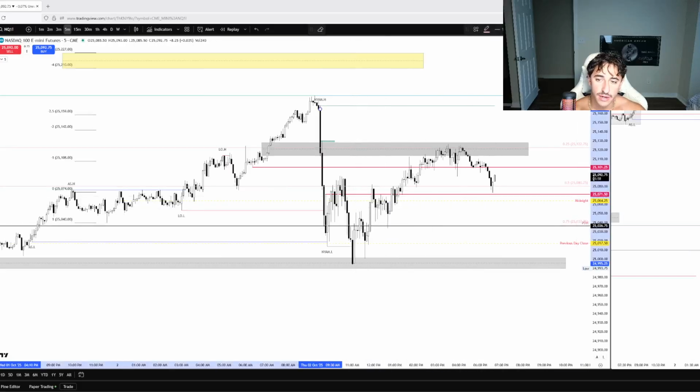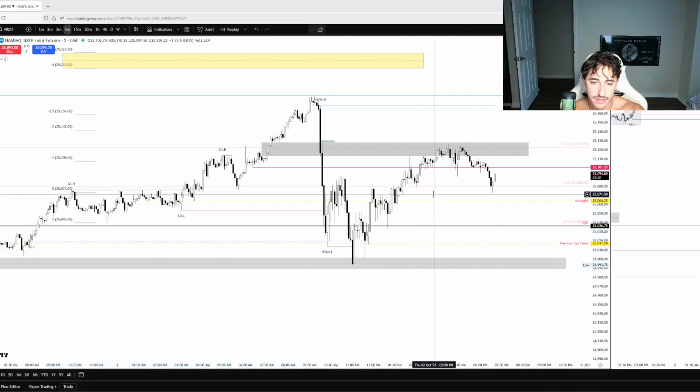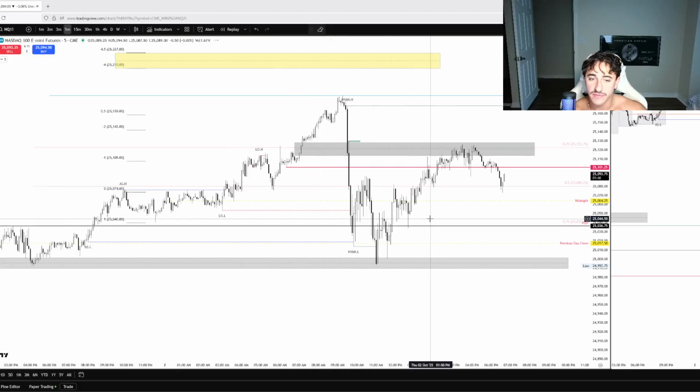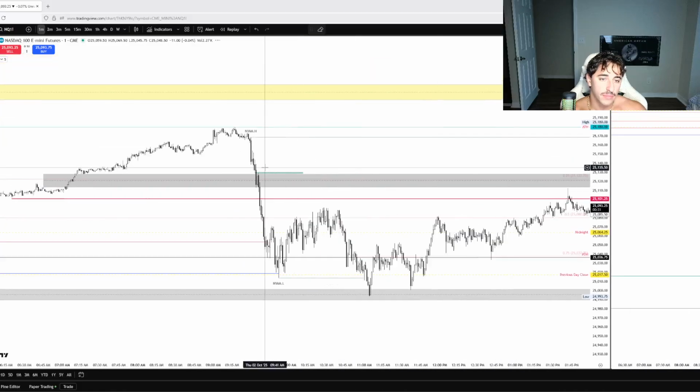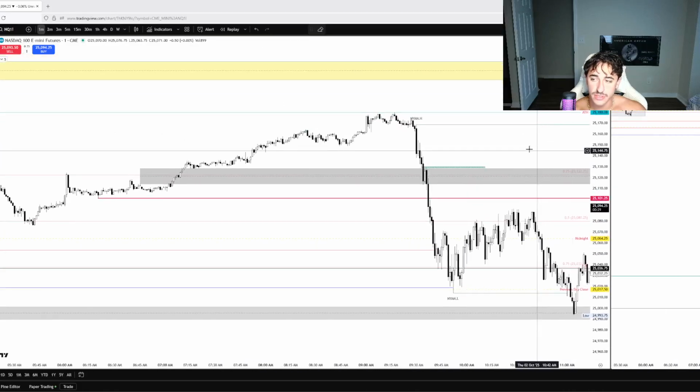as you can see right here, I have these quadrants marked out in a light color, right? This was a sell side draw for me. This was just, let me get rid of this. This was nothing. This was just targeting a 5-minute high if we were going to flip. But this is the first low I was looking at. So I have these overnight range gap quadrants marked out. I have midnight, previous day high, previous day close. So after we get that displacement lower, I'm looking to try and catch a short. As you can see right here,